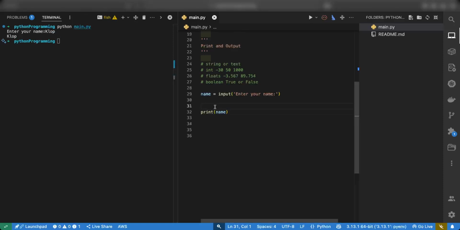So that's how you get the value. So input tells you, and this is always going to be a string. That's something to remember. What that means is if you say enter, for example,